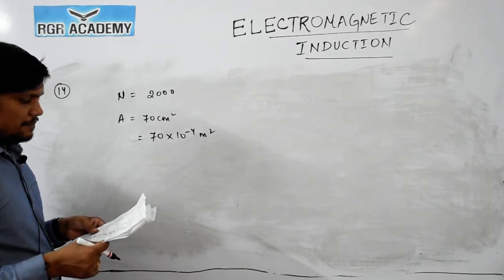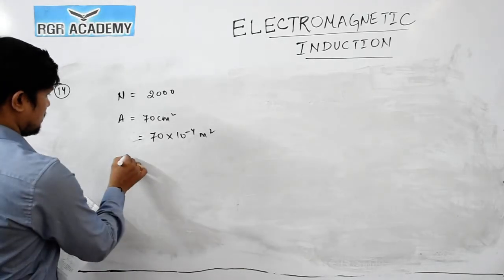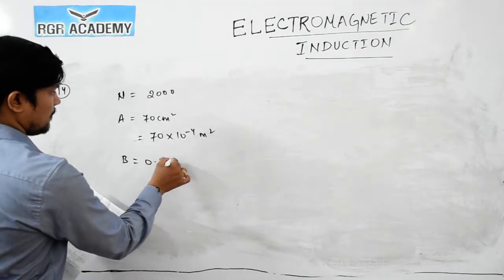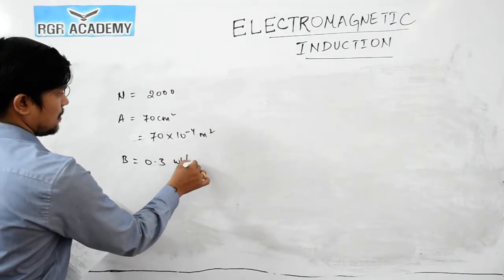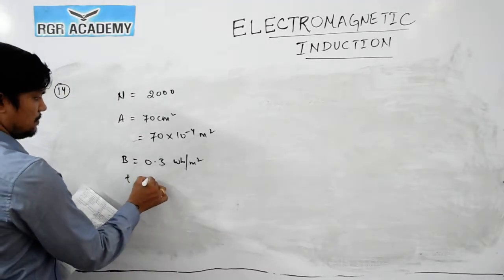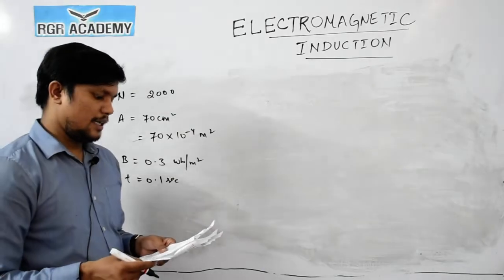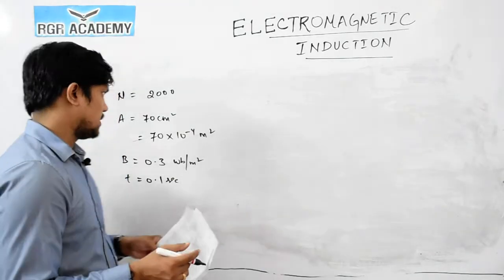The magnetic field perpendicular to the plane of coil is 0.3 Weber per meter square. Magnetic field is given as 0.3 Weber per meter square. Take 0.1 second, time is given as 0.1 second to rotate through 180 degree. The value of induced EMF is, see this thing, if you consider